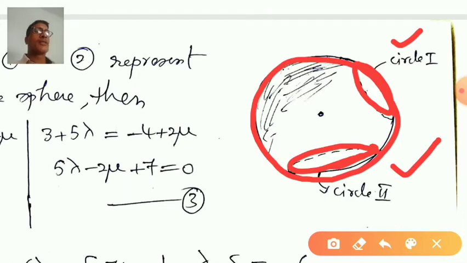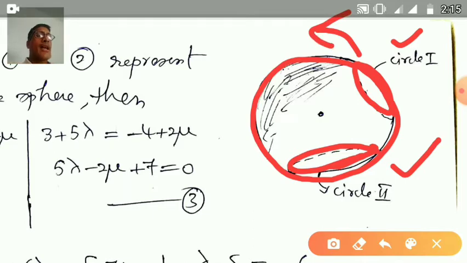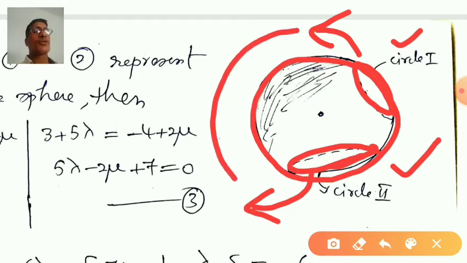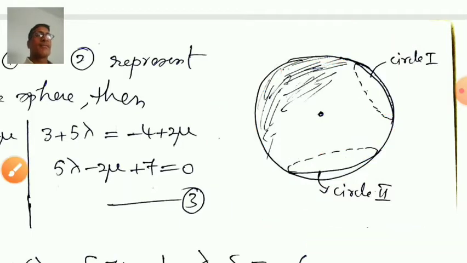The procedure we are going to follow here is, first we find the equation of a sphere passing through circle 1, and we find the equation of the sphere passing through circle 2, and we equate these two spheres so that we can find the equation of the common sphere of these two circles. We do this by this method. So first of all,